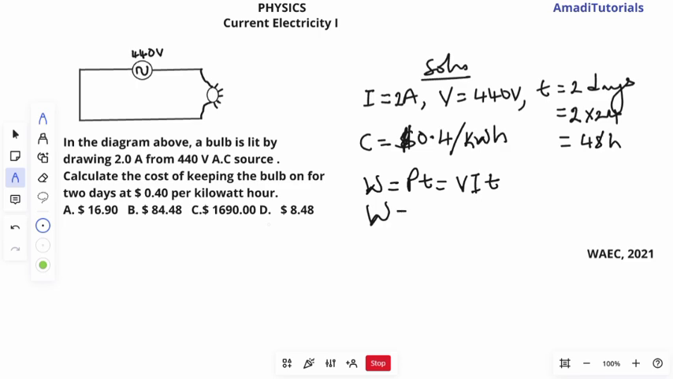We're going to use that electrical energy equals to what? Voltage times current times time. This is the one we're going to use. So let's substitute and find the electrical energy consumption there. So that will be 440 times the current there, which is 2, times the time. The time is 48 hours. So if you do this, it will give you